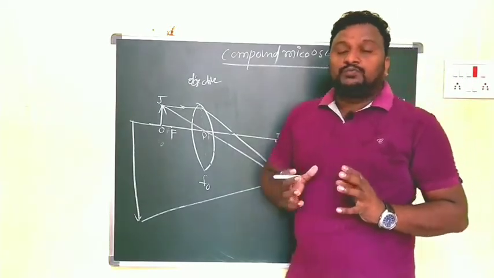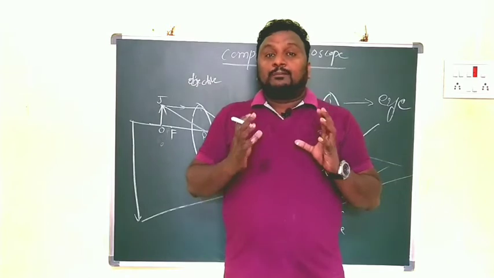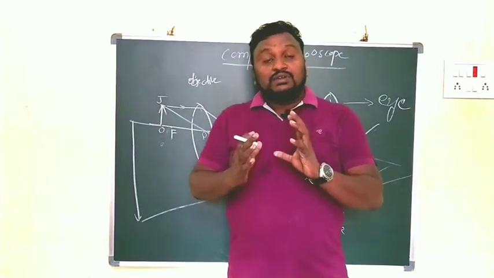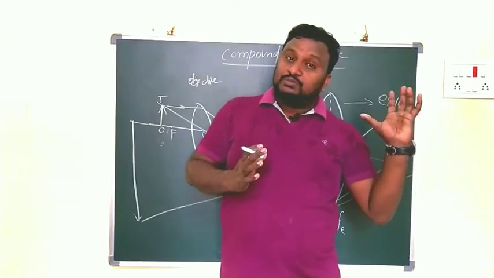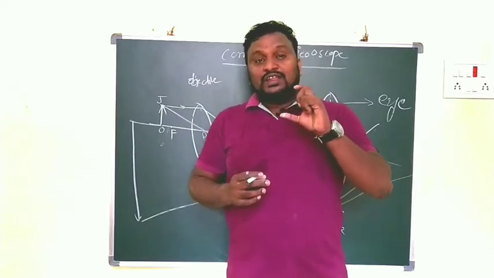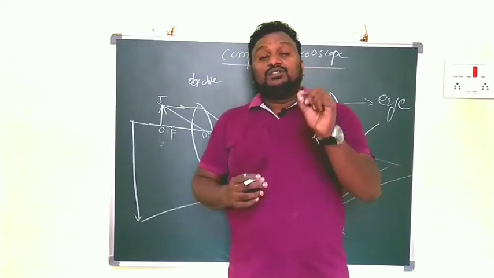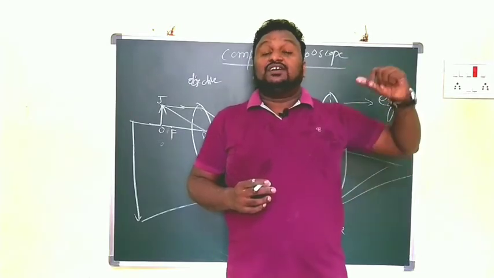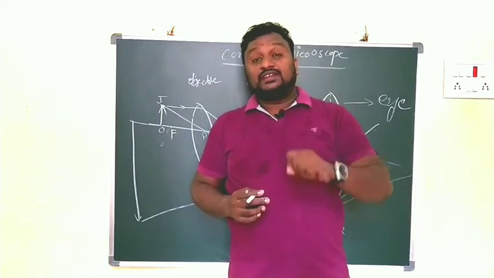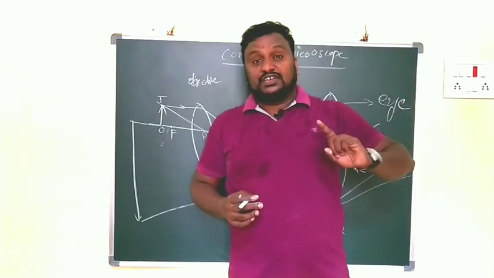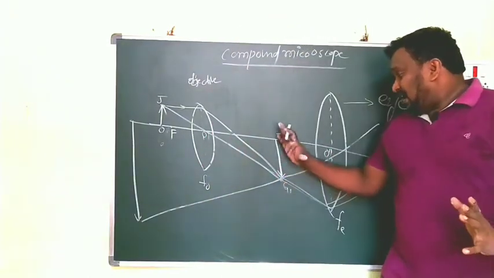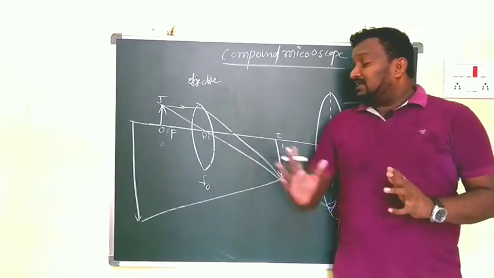I already told you, in the derivation of the combined focal length of a combination of lenses, how the image of one lens acts as the object for another lens. If you have any doubts regarding that, go to that video and watch it again. Clear, children? So here my aim is simply to say I1Z1 is the image of the objective lens.